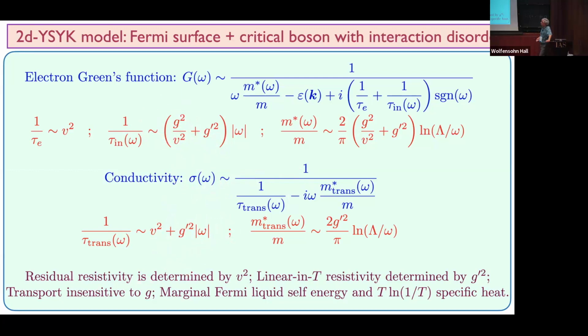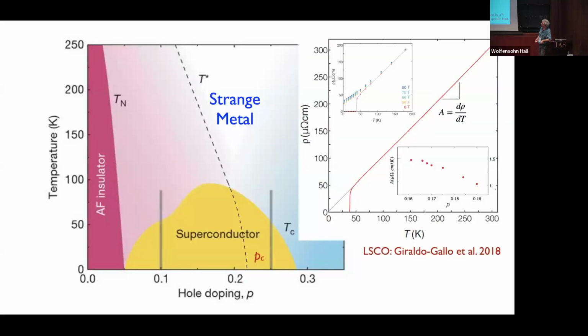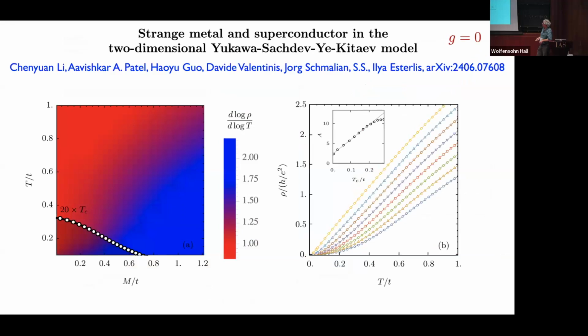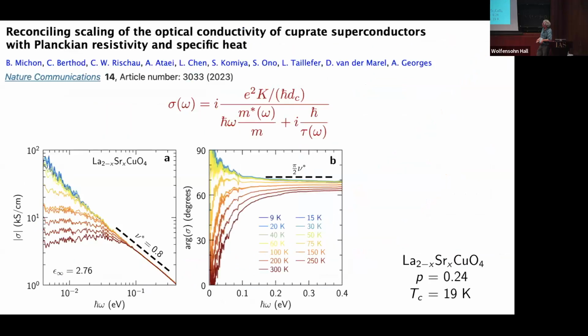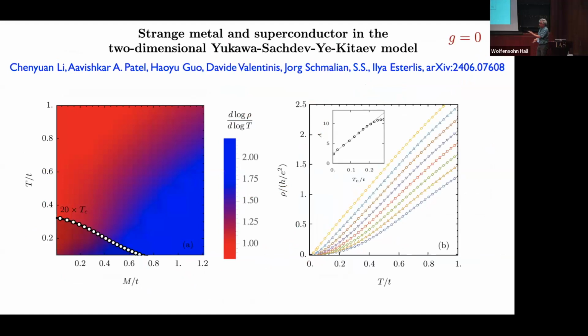Okay. All right, I'm pretty much out of time, so let me just flash a few things. We have computed in this limit numerically the whole phase diagram. This is the resistivity as a function of temperature. As you move away from the critical point, it's linear in T at the critical point, and then there is quadratic behavior at low temperatures. The linear in T many people can get by lots of scattering of some set of low energy excitations.